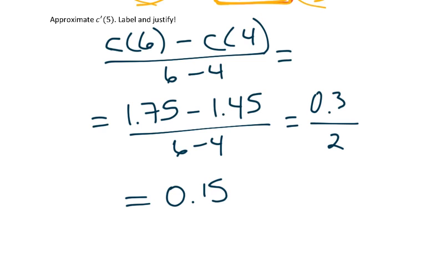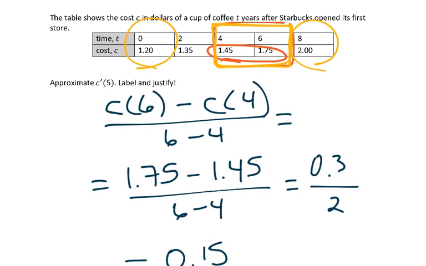So it's not the best approximation, but it's the best approximation we can probably get from the table that we have, trying to make that secant line a tangent line. But in any case, we have 0.15, and what does that mean? Well, if we look at what the C represents, what T represents, it's representing